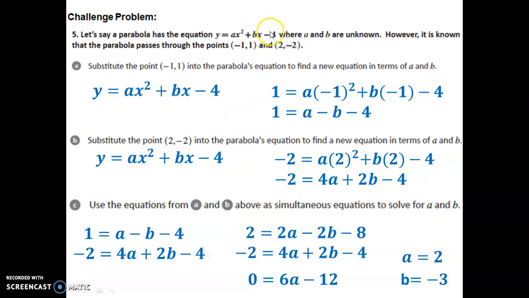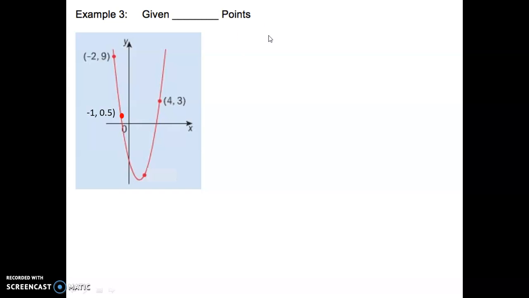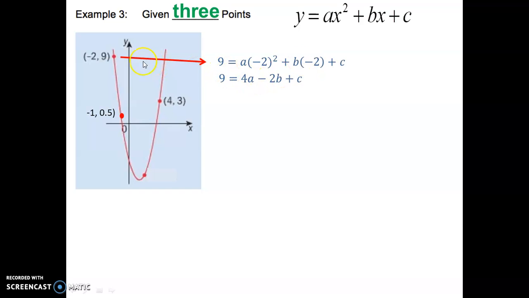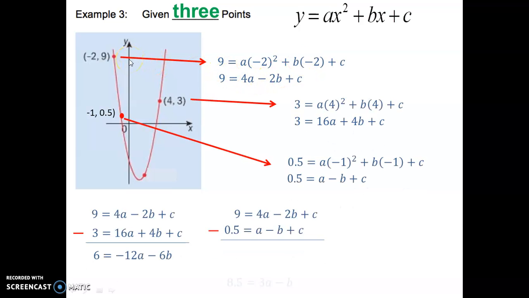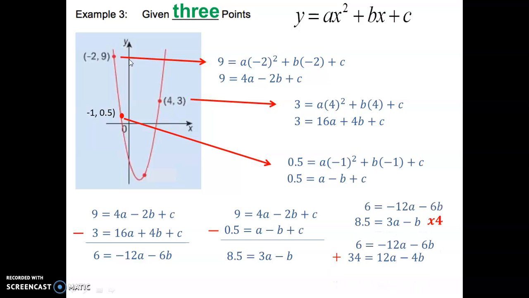Sometimes we don't know the last point here. For example, I gave you one like this last week or 2 weeks ago. You know 3 points, you know standard form, you don't know any of these values, a, b, or c, and then there was all this work. We created the equation for using each point. So I'm going to put this all here because I'm running out of time in my video, but this is a reminder of something we did a few weeks ago. All right, take a look at that, remind yourself how you plug in 3 times, and